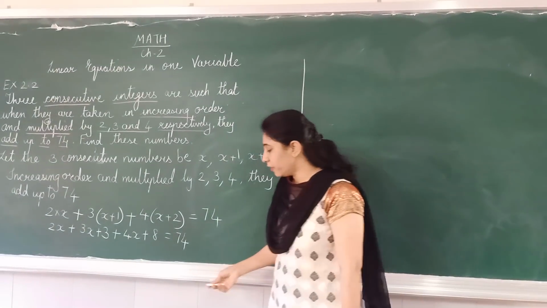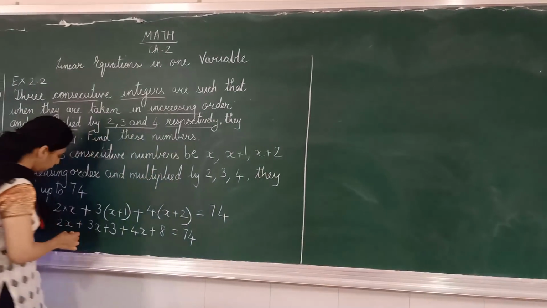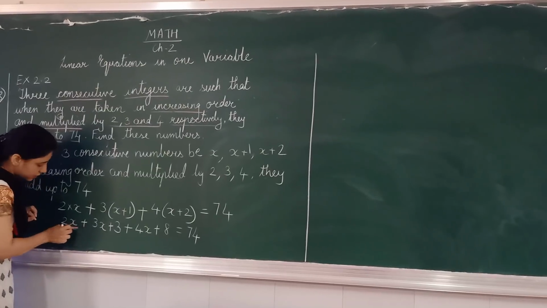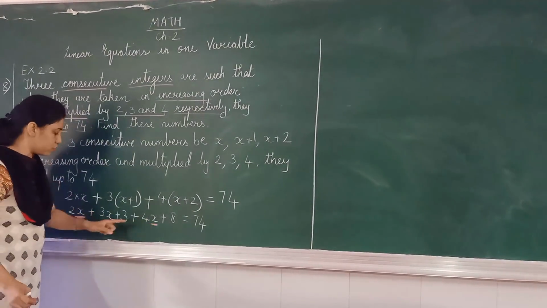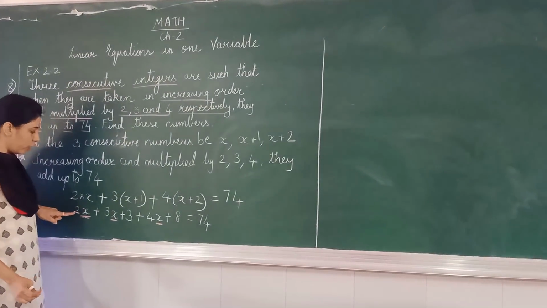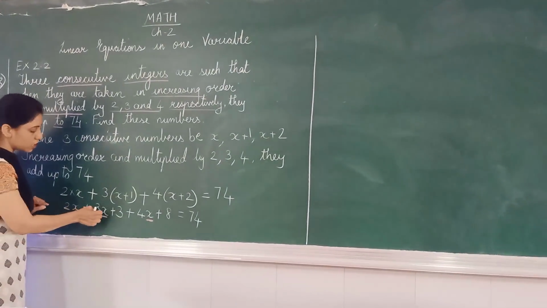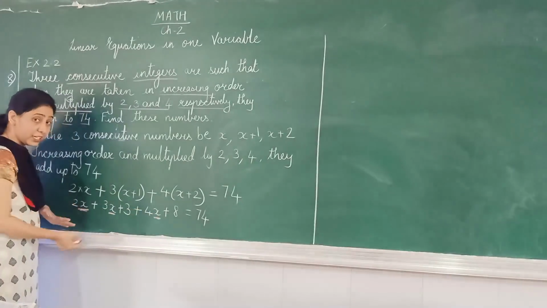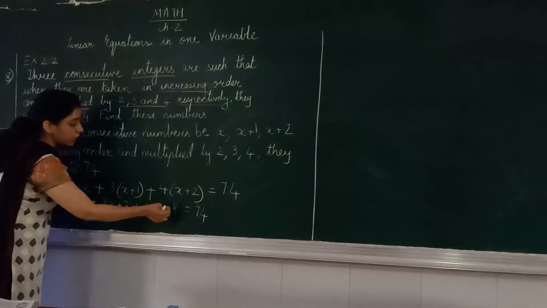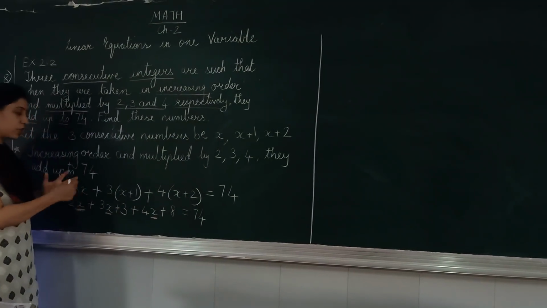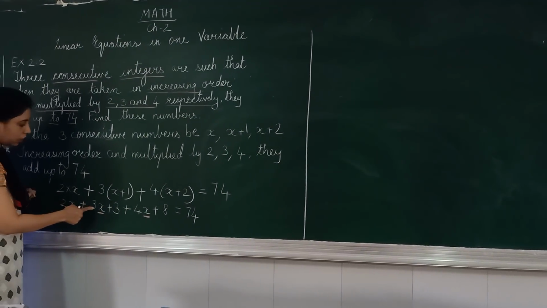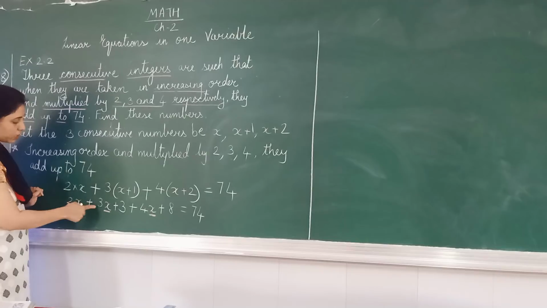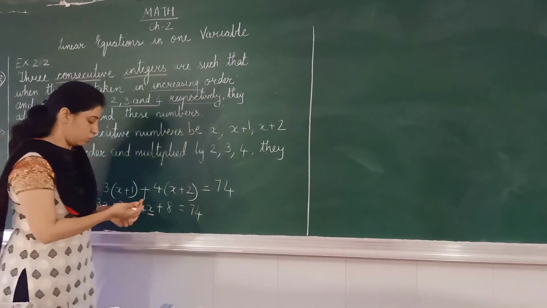Now you can see the variable over here. Actually, here it is x, x and x. These are the like terms. So what are you going to do? You are going to add 2x plus 3x plus 4x, which are like terms, and 3 and 8. This is also another like term so that you can add it. So now how are we going to add? 2 plus 3 plus 4. So 2 plus 3 is 5, 5 plus 4.